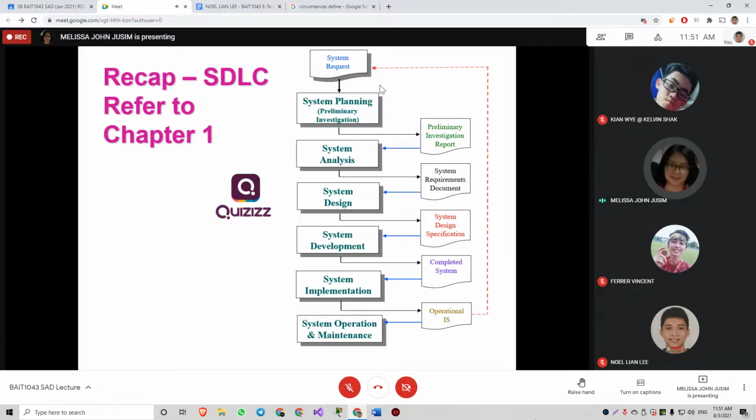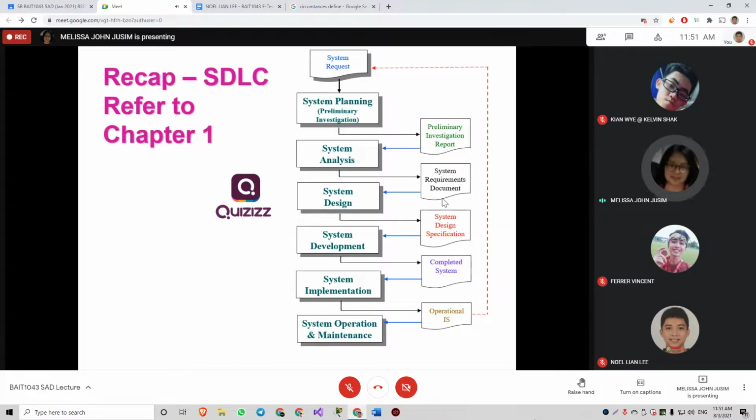So if the proposed system is feasible, then the user approves. As Mr. Bob mentioned, normally the government uses this waterfall model because of the documentation. They emphasize documentation. That's why at the end of each phase in SDLC we have all this documentation. Before they allow the system analyst or the software developer to move on to the next phase, they want to go through the documentation and give their approval.